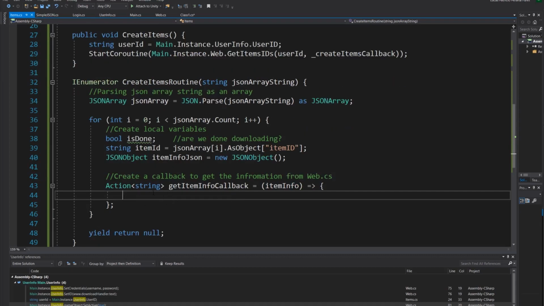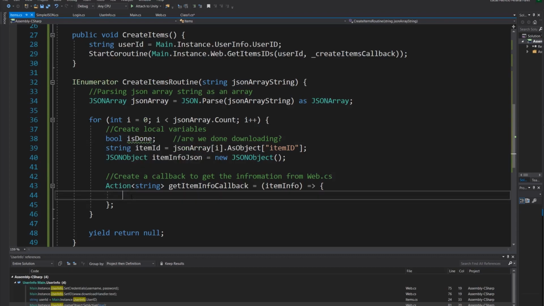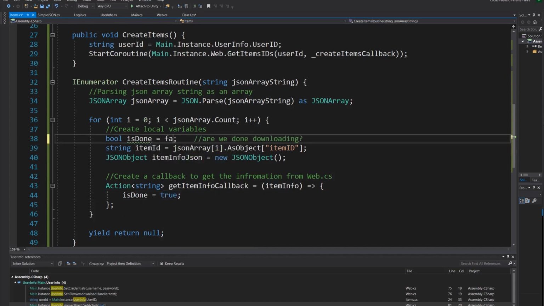Now this callback is going to be called from the web class once the information of this specific item is downloaded. So we want to tell it that isDone is equal to true so that we can continue with the for loop to the next item. So isDone equals true. And we can set it false here as default, but usually they're false as default. So we start with isDone false, and then once we are actually getting the information from the web class, isDone is equal to true. And that's going to be useful because we're going to have a yield return, wait